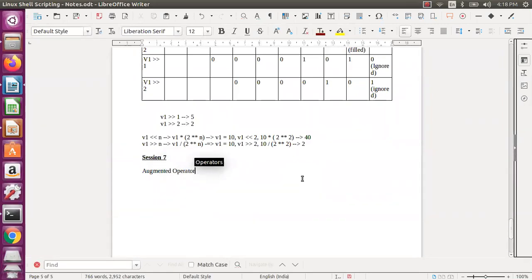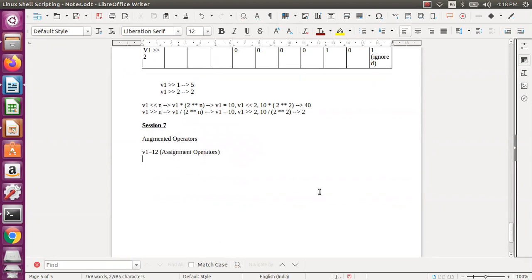Augmented operator means, if you take the assignment operator, something like v1 equal to 10 or 12, whatever. Here we are taking the value, which is nothing but an assignment operator. But these assignment operators can also be clubbed with arithmetic and bitwise operators.